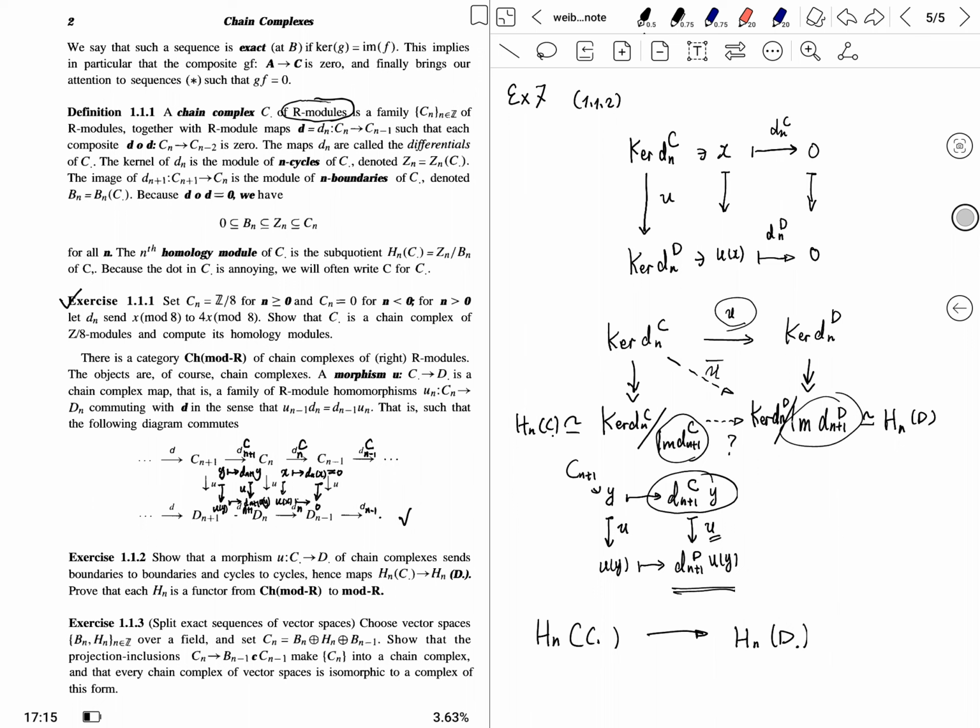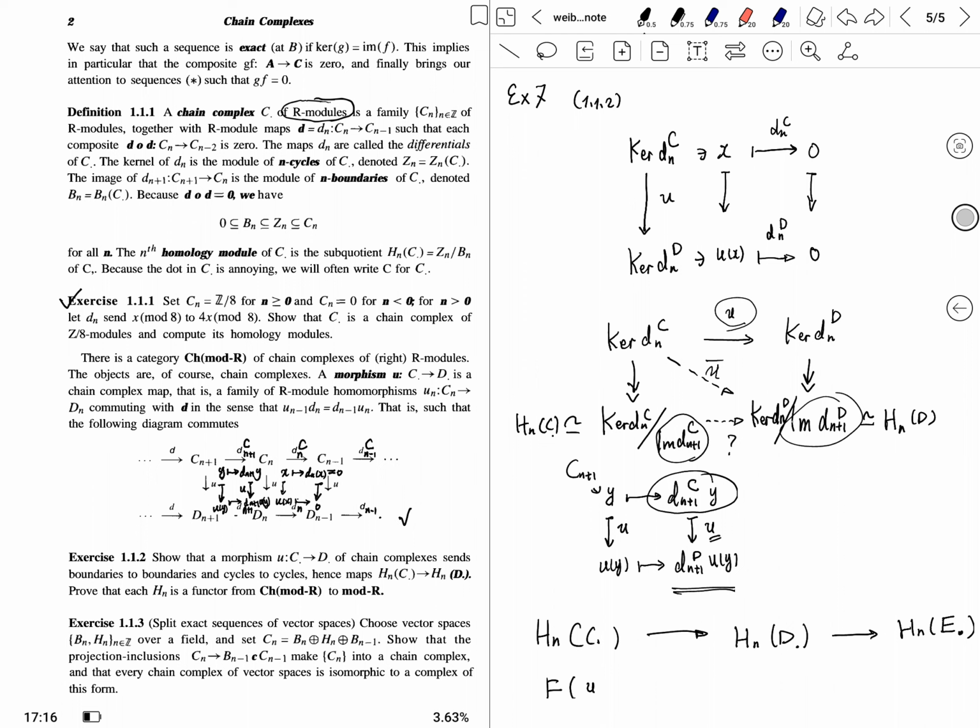For example, you have to check the composition satisfies